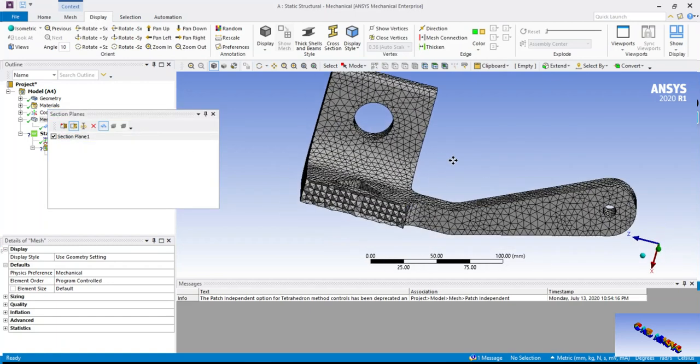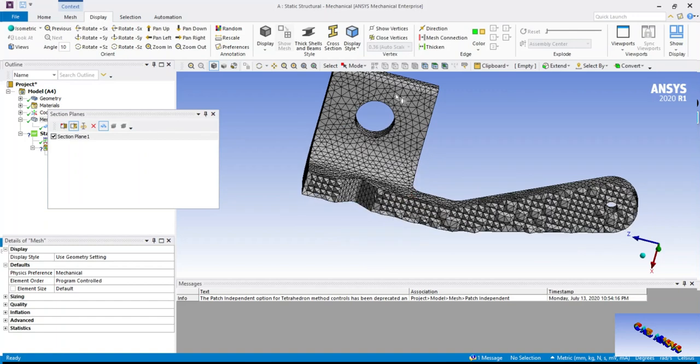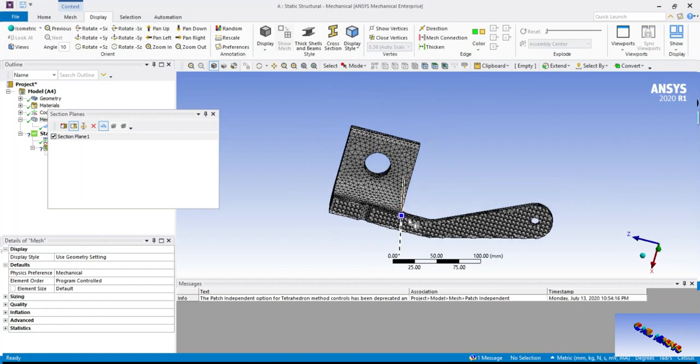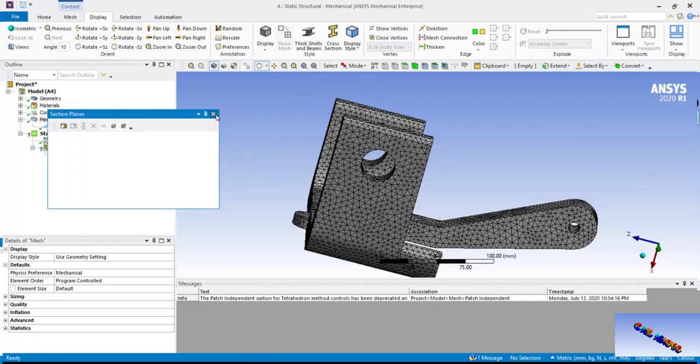Here we could see the quality of the volume mesh is great. It is mainly due to the process of meshing in the patch independent method. First the volume is meshed, then the faces, then the edges.